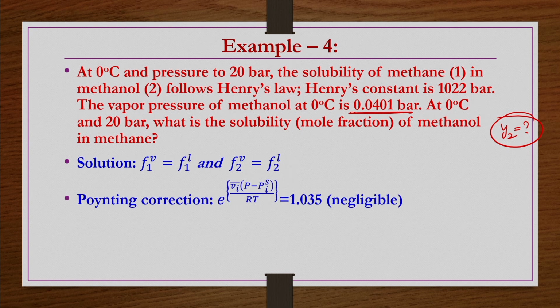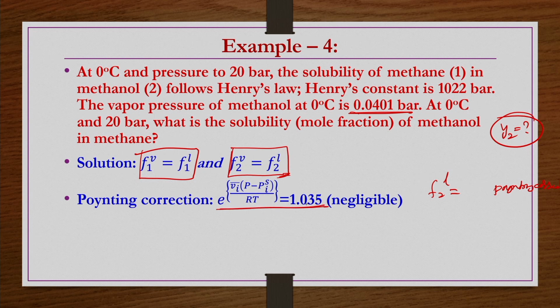So, now here we have to expand this equation and solve, and then expand this equation and solve this one as well. So, for the liquid phase, f2L in this term, if you remember, we have a Poynting correction also in the picture. But now this Poynting correction is very small, that is what we are finding here. So, for that purpose this Poynting correction we have separately written.